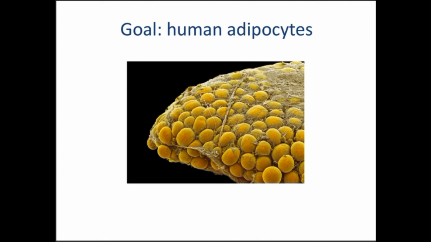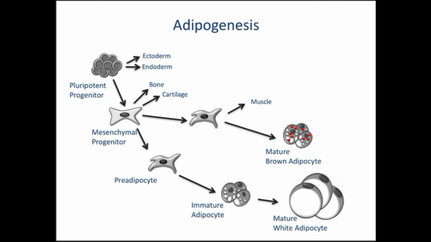But when we first set out on this, and I guess it's now over 10 years ago, it seemed really simple. I cracked open a textbook, I saw one of these cartoons, and in most of the world of differentiating stem cells, what we try to do is rip a page from what we understand in normal biology and normal development, and use that as the playbook for what we want to do again in a dish. And when I looked at this review, it was like, oh, I've got the playbook. I take a pluripotent cell, I'll turn it into this mesenchymal progenitor, and then a pre-adipocyte, an immature adipocyte, and all the way to an adipocyte. And I was like, this is going to be a piece of cake.